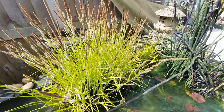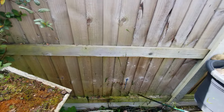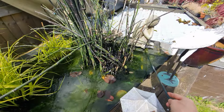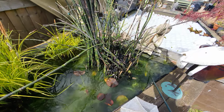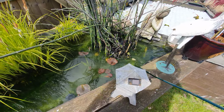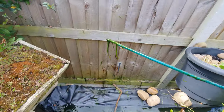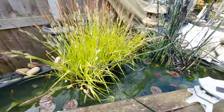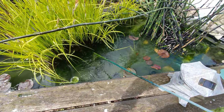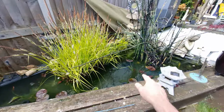Now you would be best doing this for your whole pond. Look at that lot. Otherwise all this will end up doing is dying off in the water column, and then getting into your pond filter, and it just means that you'll have to do more filter maintenance. So I did that in there first,